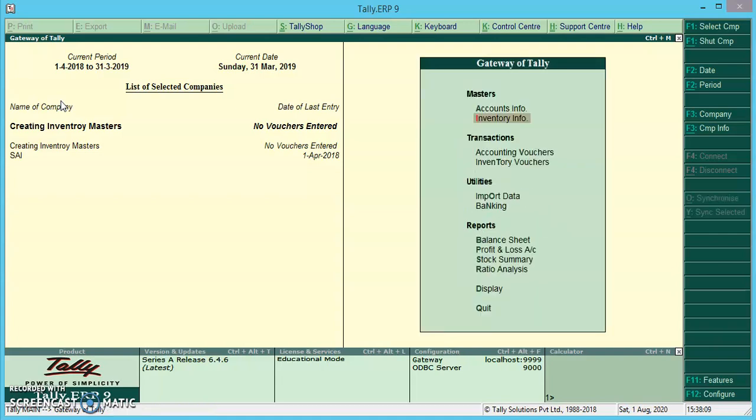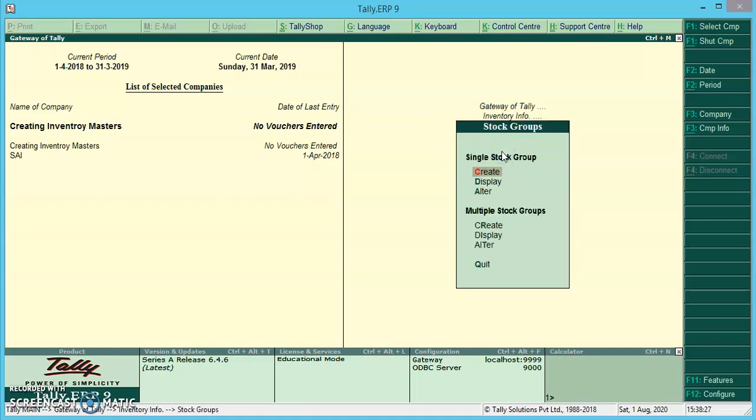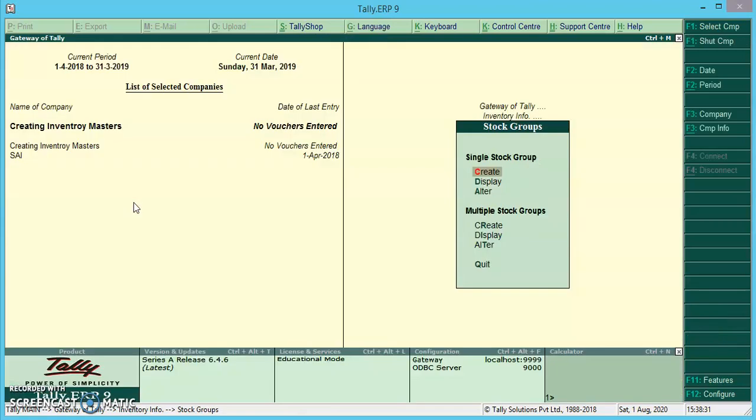Now let us recap once again about stock group. In order to create the stock group, the pathway is gateway of Tally, then inventory info, stock groups, create and enter the necessary fields.